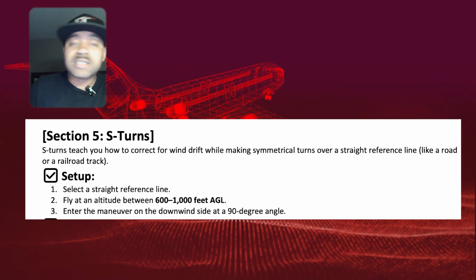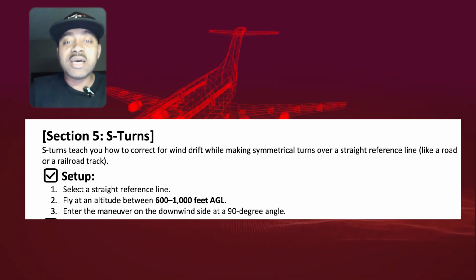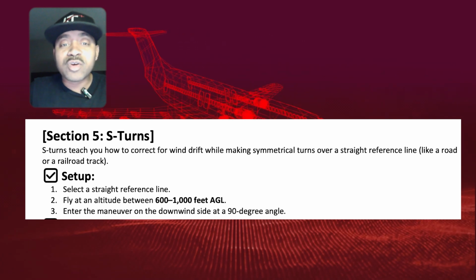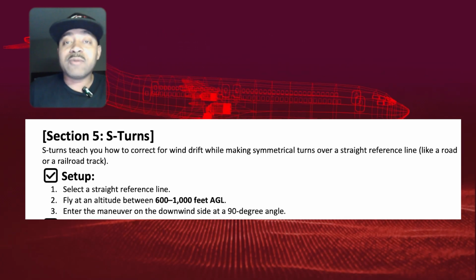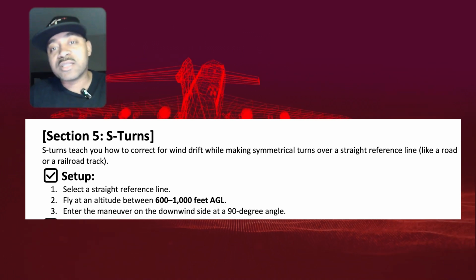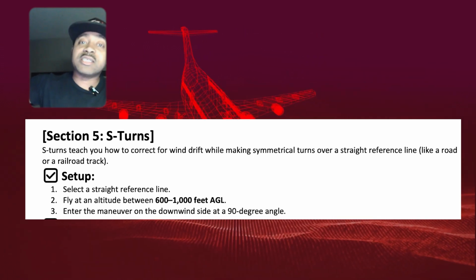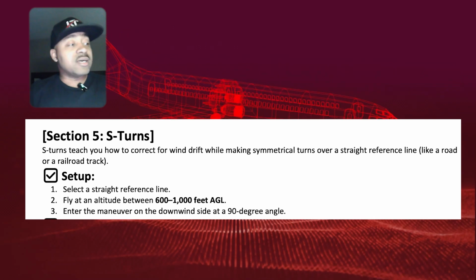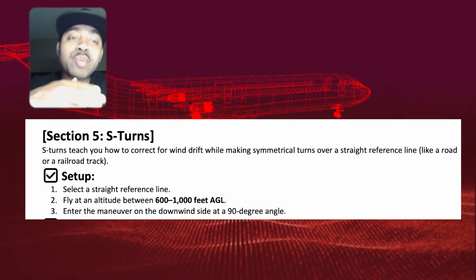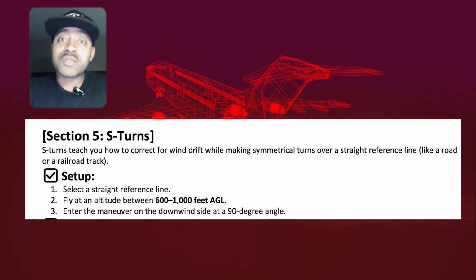Now, when you're doing this, similar to the other ground reference maneuvers, you can be between 600 and 1,000 feet. And you're going to enter the maneuver downwind, at a 90-degree angle. So you're going to be going faster when you hit the road. When you hit the road, because you're going faster over the ground, you're going to start to make a steeper bank as you head around. When you look at it, your wings should still point to where that road's at. If you start to see that you're drifting far out, you don't have enough bank in,